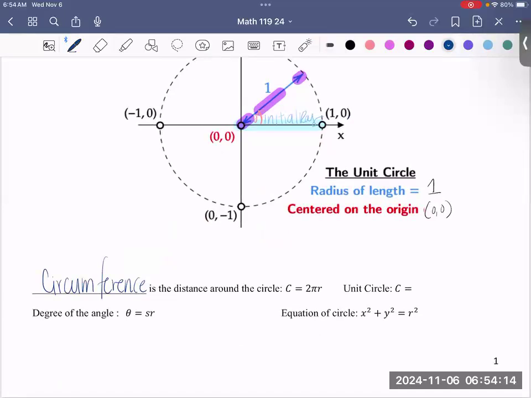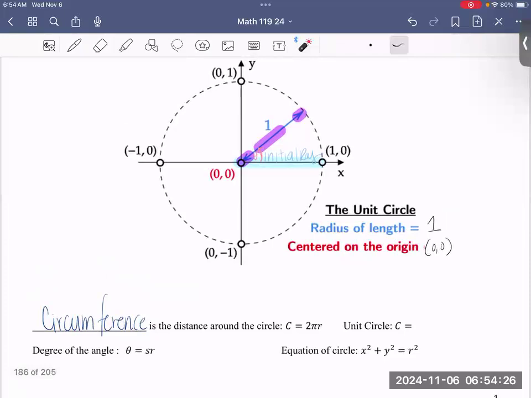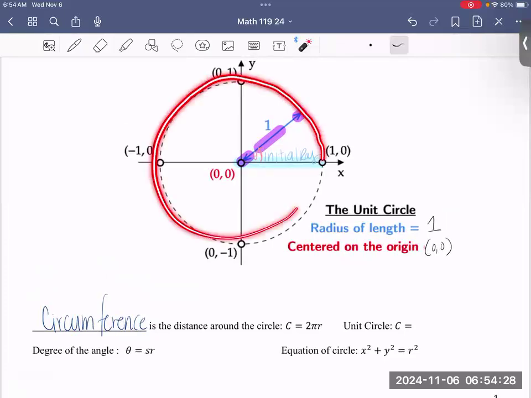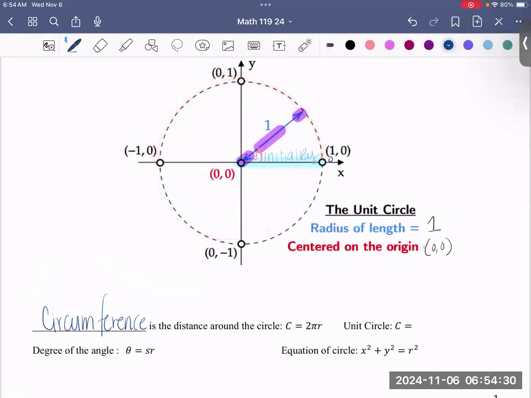Now, in case it's been a minute since we've seen some geometry, the distance around the circle, your circumference, is equal to C = 2 pi r. Where's that 2 pi coming from? Well, 2 pi is one full rotation around the unit circle. We always start at 0. And when we travel this whole distance here, when we end back, instead of ending at 0, we end at